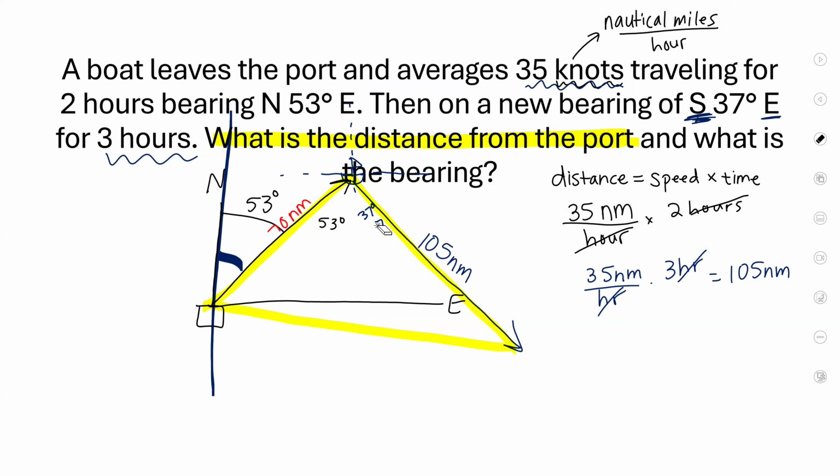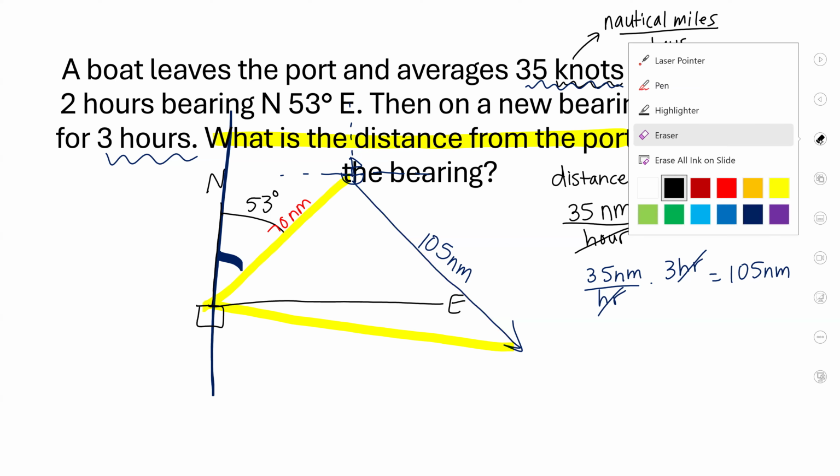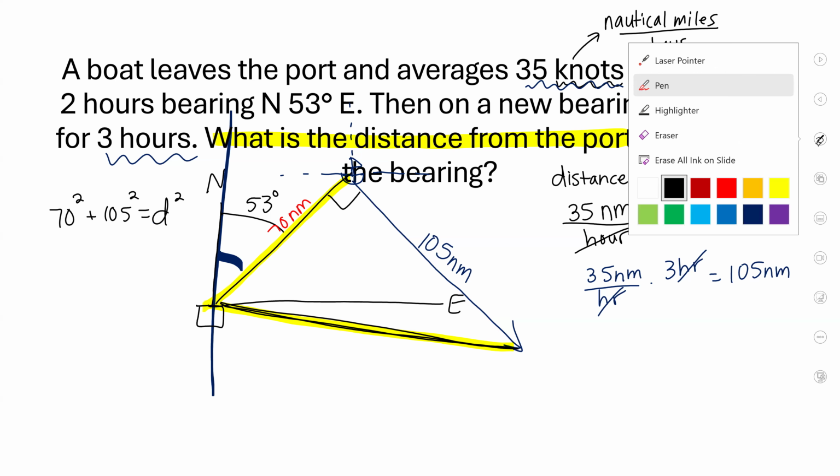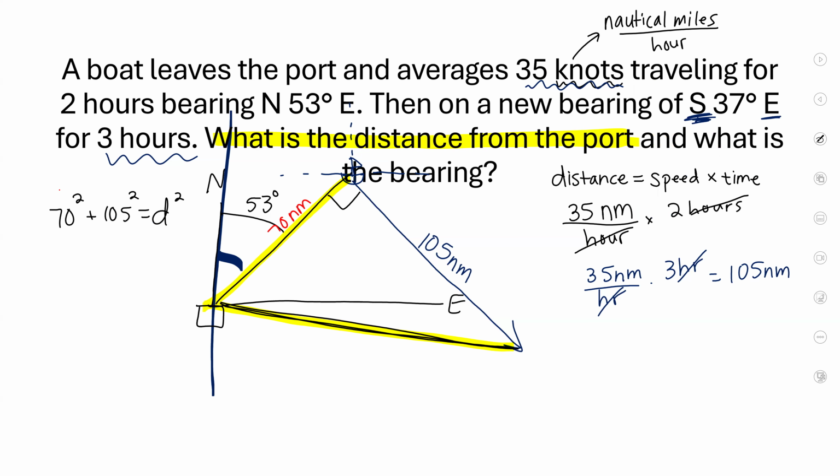Since I formed a right triangle, let me erase some of this stuff. That means I can use the Pythagorean theorem. This is a right triangle. To find the hypotenuse of this right triangle, I'll do 70 squared plus 105 squared, which will give me this distance squared. You can type that into your calculator and let me know what you get. You're going to square root both sides. So the distance is,